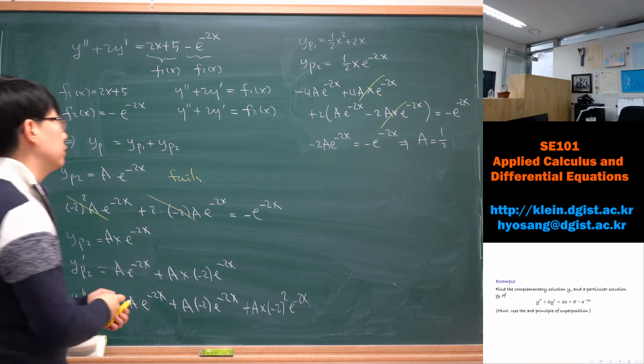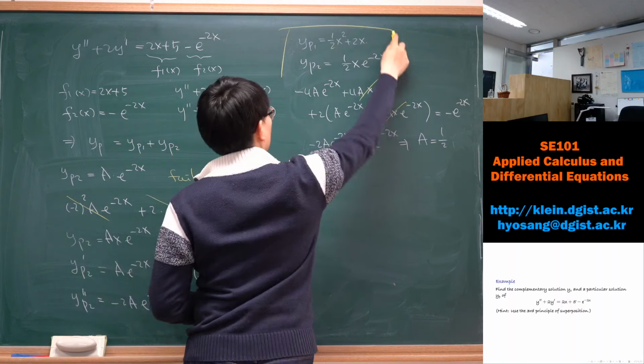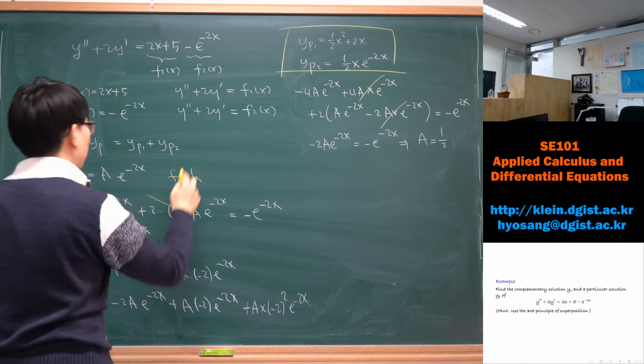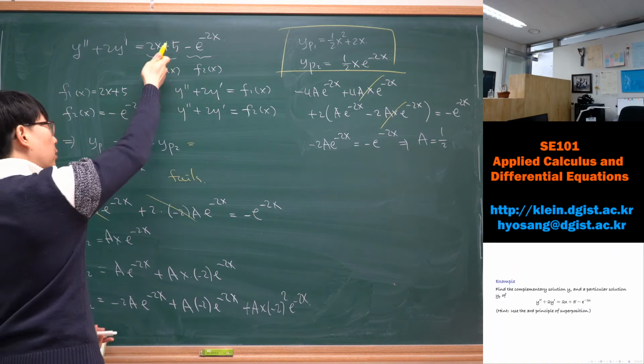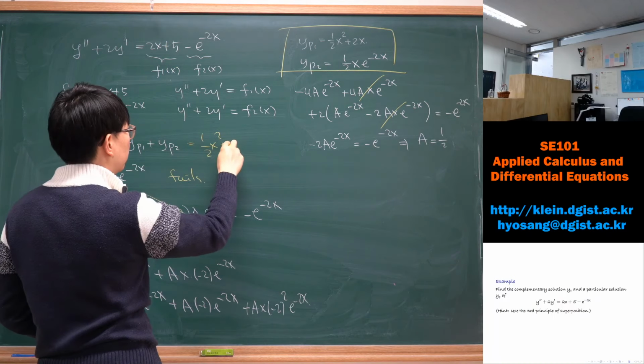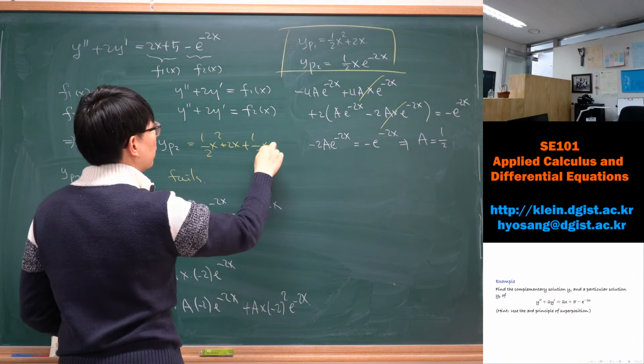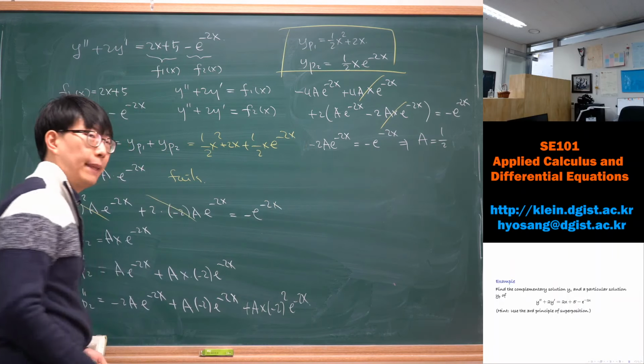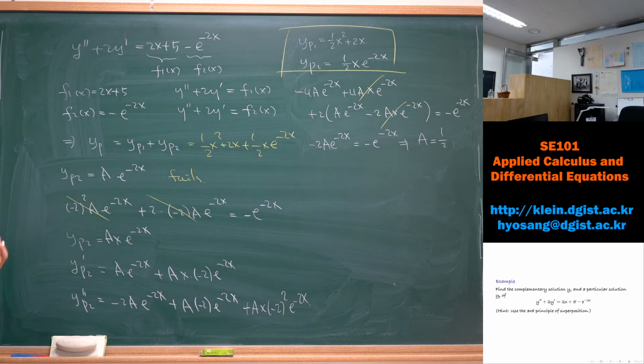So we have these two solutions. So what's our particular solution to the original equation? Just the sum of these solutions: 1 over 2 x squared plus 2x, plus 1 over 2 x e to the negative 2x. Okay? Now this is not over, because